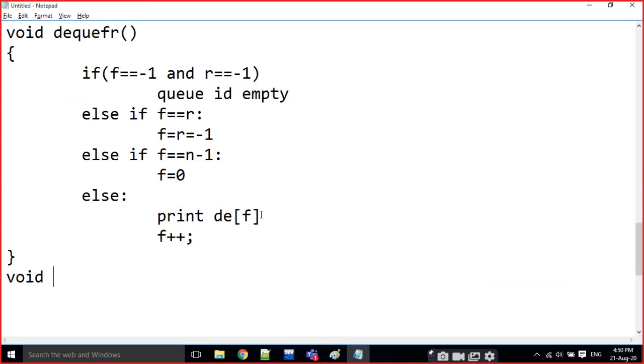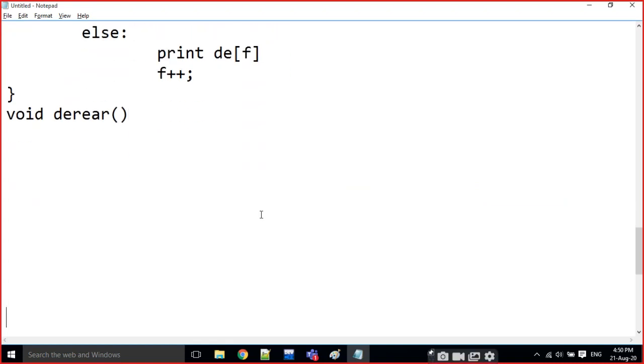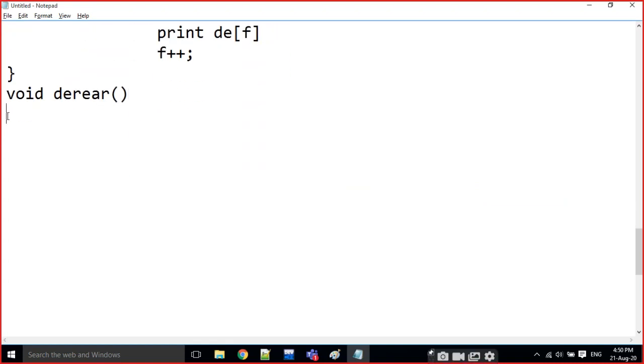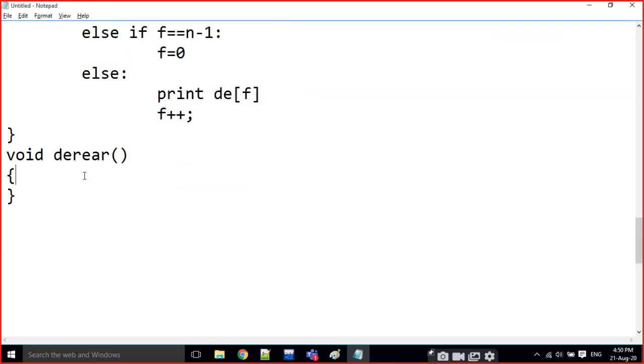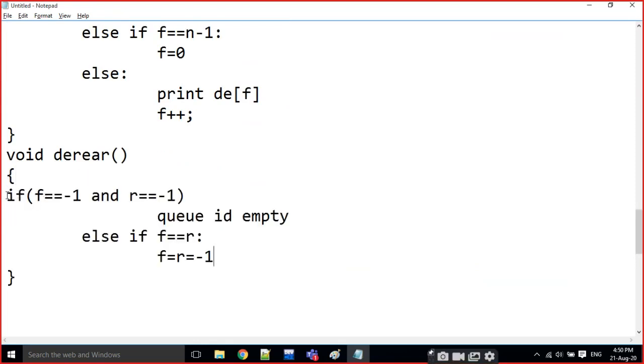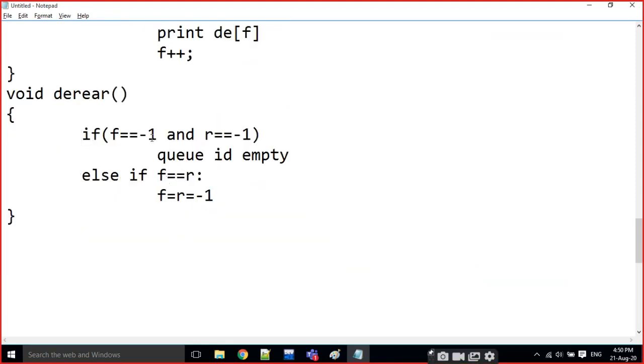Now void DQ at rear position. These two conditions are common here. When both are at minus 1, Q is empty. If both are at the same position, that is the last element.